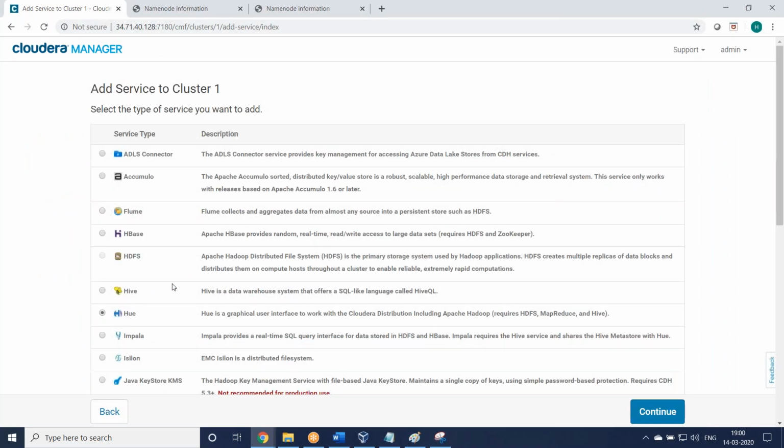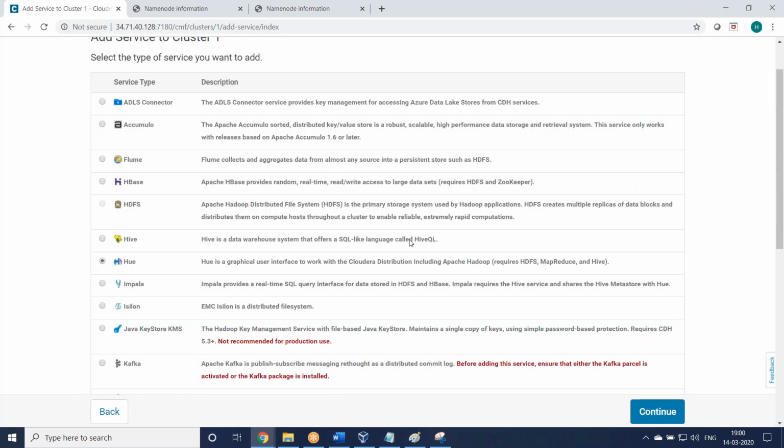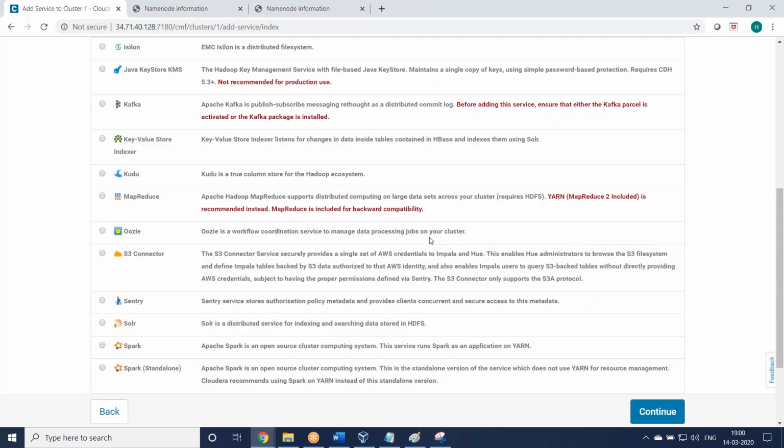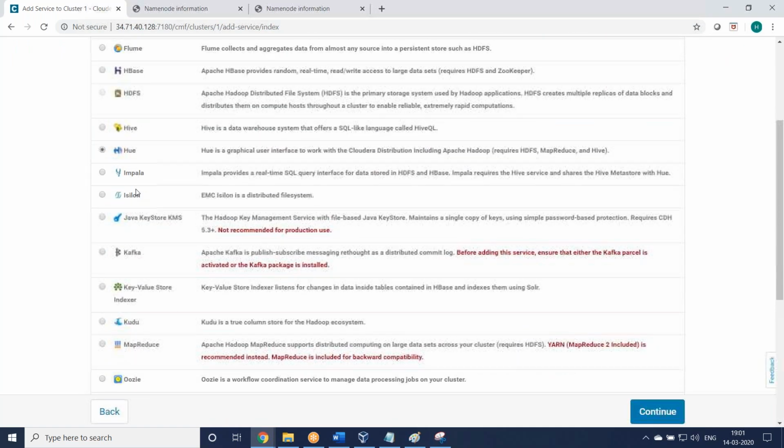We'll add Hue, the Hue service, and a lot of services. But with this option, you can add only one service at a time. If I select this, that will go on. So you can add one service.